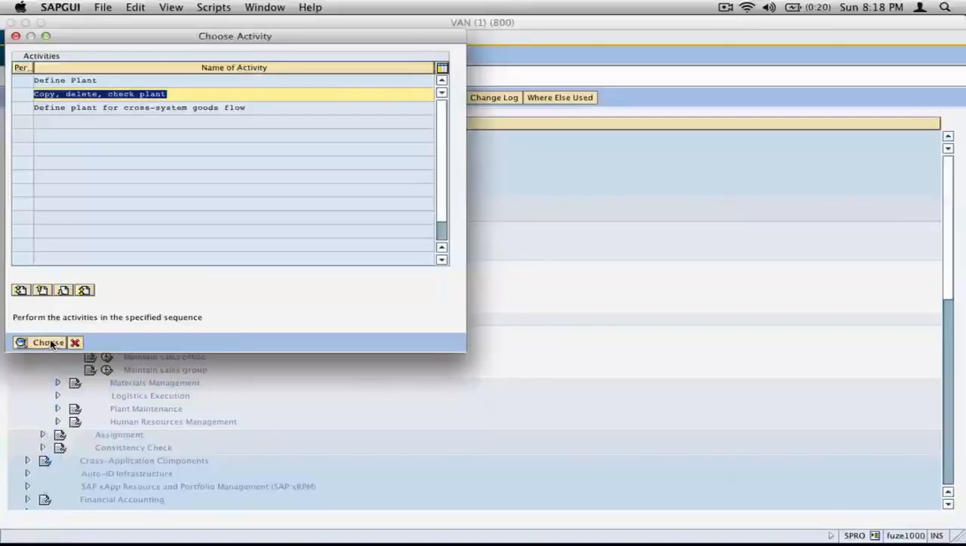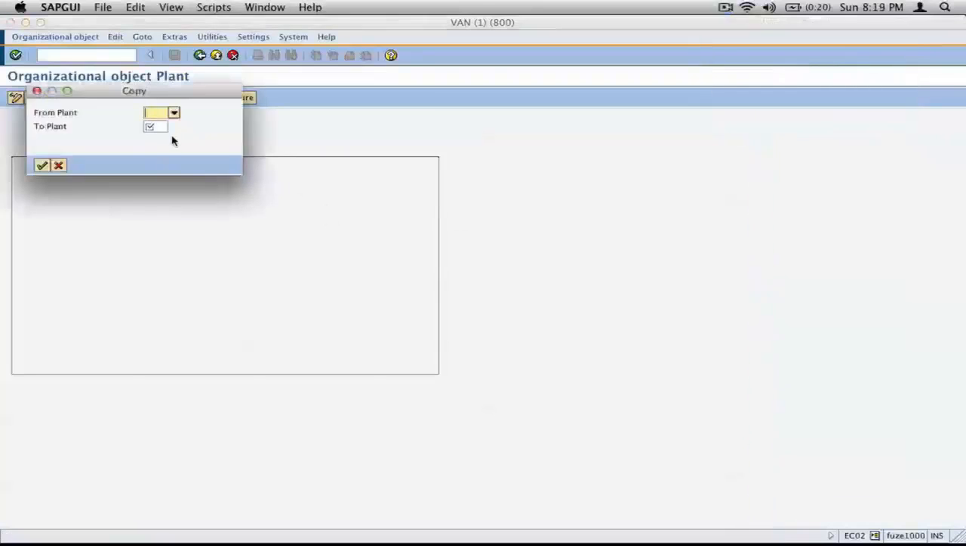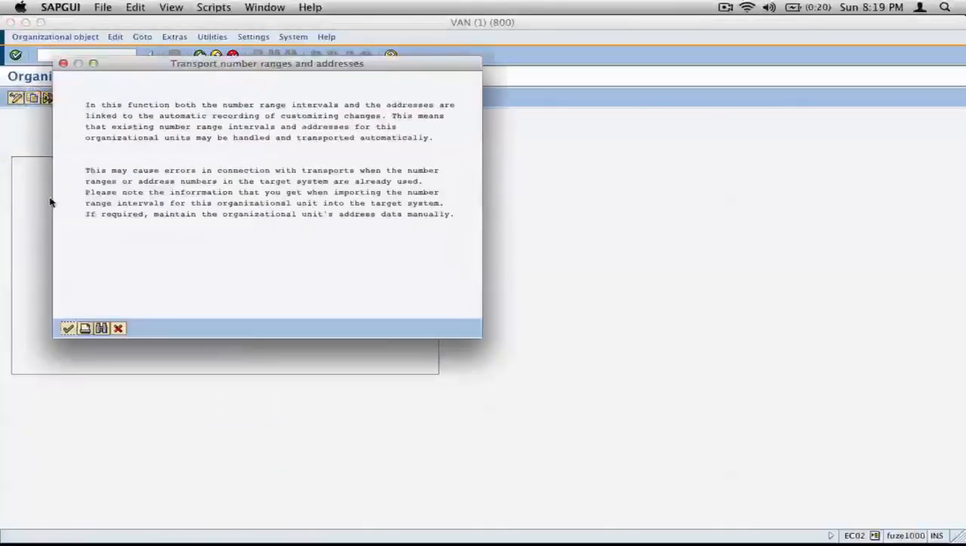So copy, delete, check, click on choose, click the copy button, choose the source as 0001 as usual, and the target is going to be the plant in New Jersey, let's say. So it's going to be New J, and then hit enter. You know, the same transport number message, click OK,